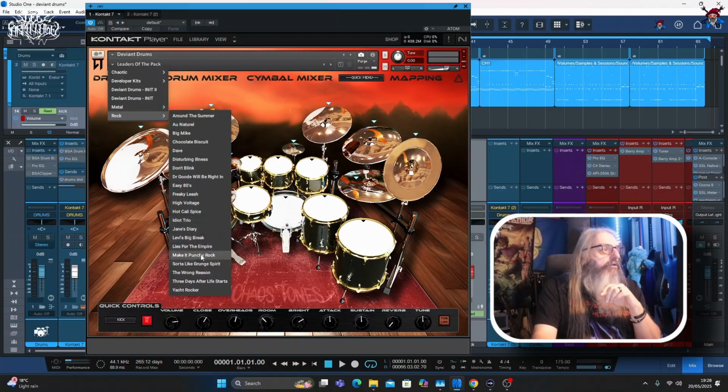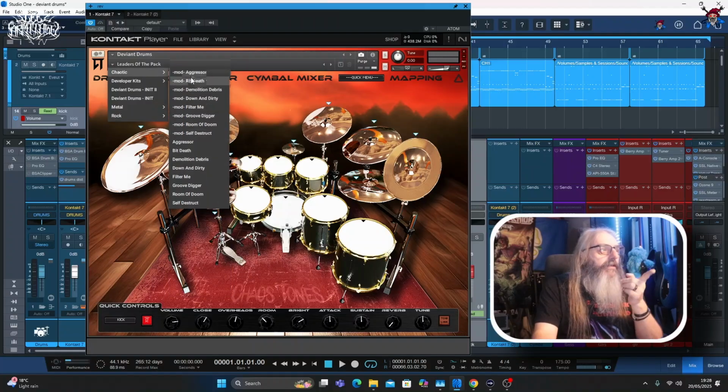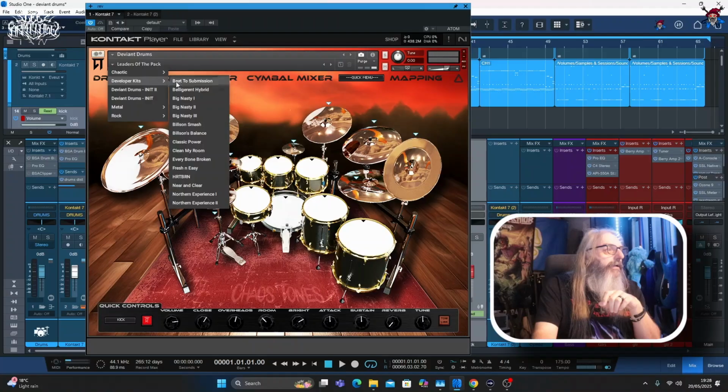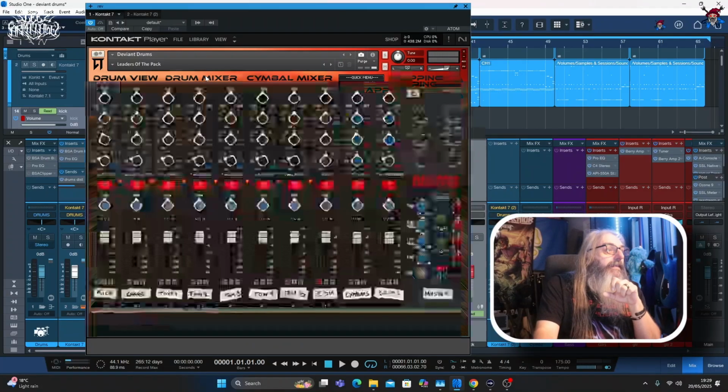You've also got some rock ones in there as well. Yeah, I've got some chaotic ones. I think these are the new ones that have been added. And then some developer kits as well, which are new as well to these. Next to that, you've got